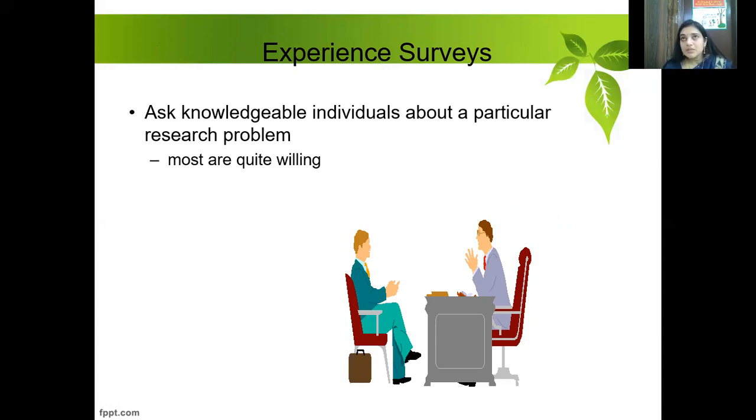When you know that there is a person, there are actually agencies as well, and there are few people who have experienced some surveys and you are working on a similar problem, then you can go and ask them about their experiences and how they actually did that. And believe me, when you meet experienced people, they are actually willing to share their experiences. They don't say no to you. When they share their experiences, you get new insights into the problem you are actually facing right now.